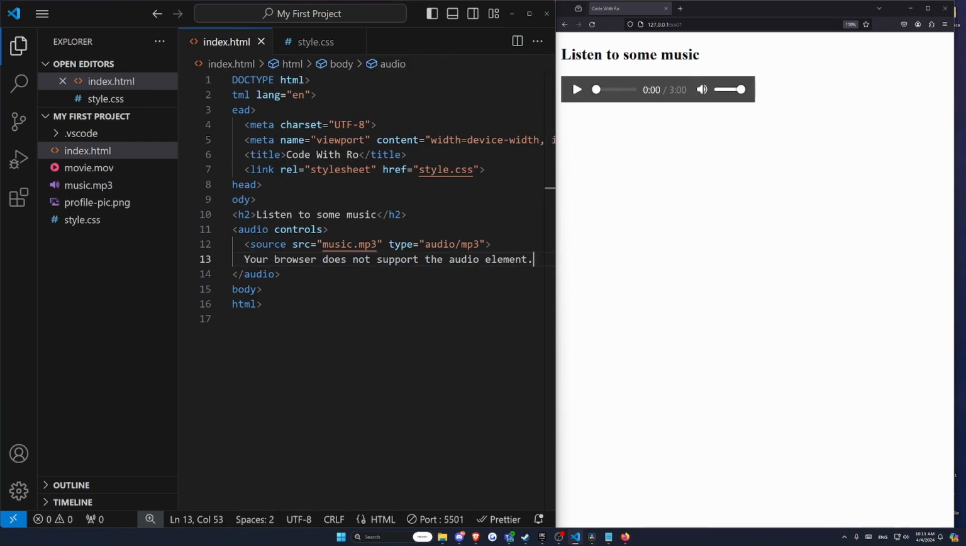So in this example, the audio element has the controls attribute, which adds playback controls, volume, and the source specifies which audio to play. So if I hit play now, it'll start playing the song that I have on file, although you may not be able to hear it on your end. And if the browser doesn't support the audio element, it would display this message saying your browser doesn't support the